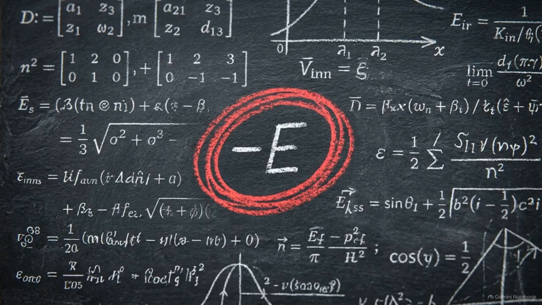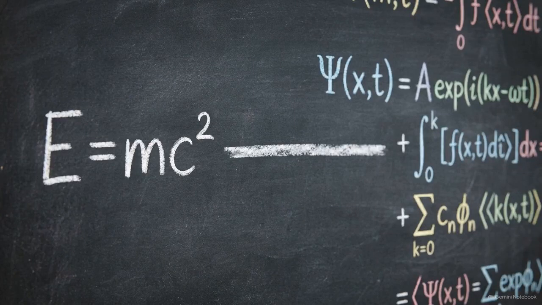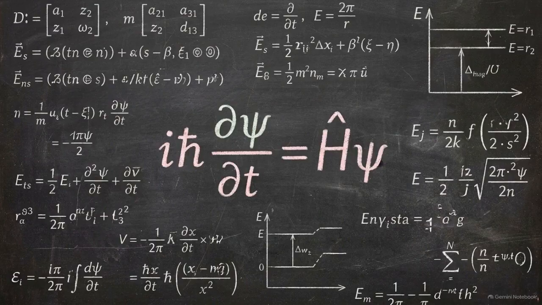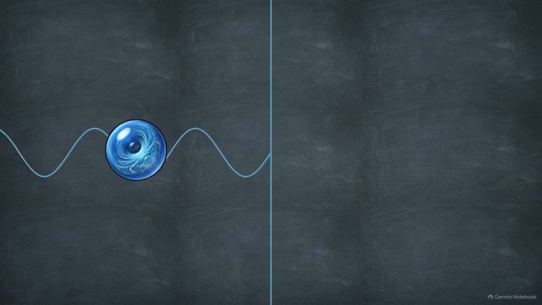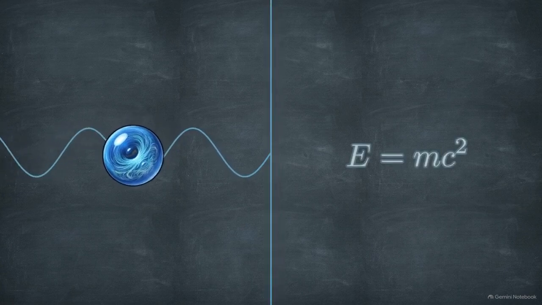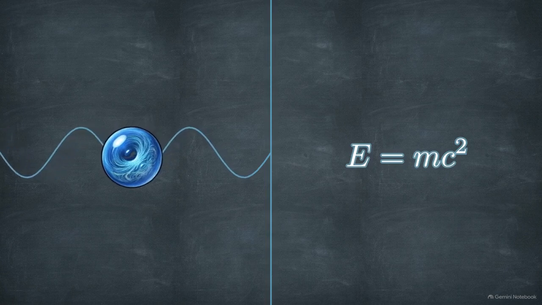Physicists identified antimatter as a mathematical paradox on a chalkboard, emerging when they first attempted to merge Einstein's relativity with the laws of quantum mechanics. In the early 20th century, theoretical physics hit a bottleneck. The Schrödinger equation successfully described the time evolution of quantum systems, but it only worked for slow-moving particles. It needed to be merged with Einstein's relativistic energy-momentum relation to account for particles moving near the speed of light.